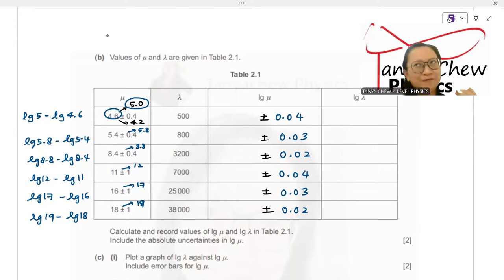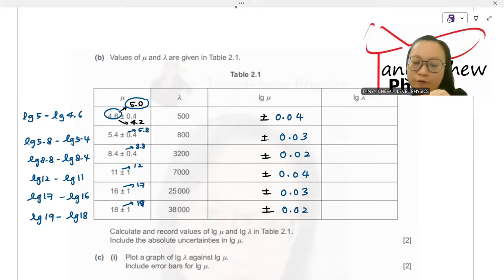Once you have done your calculation of absolute uncertainty in log mu, you can calculate your log mu. If you want to calculate your log mu, just use the average value. The average value is the one that's shown here, 4.6. So when you log 4.6, and one more thing, a tip here, a reminder: when you denote your value together with its absolute uncertainty,